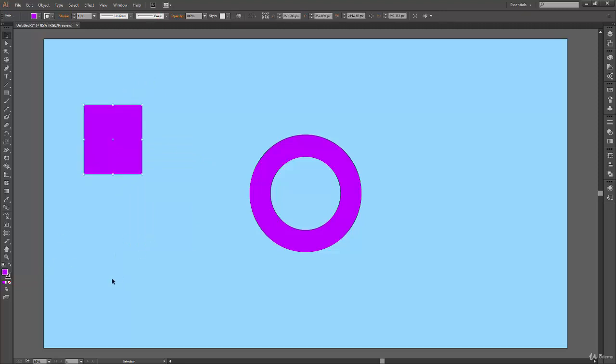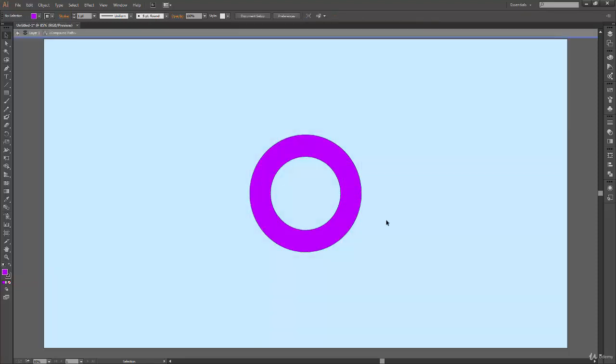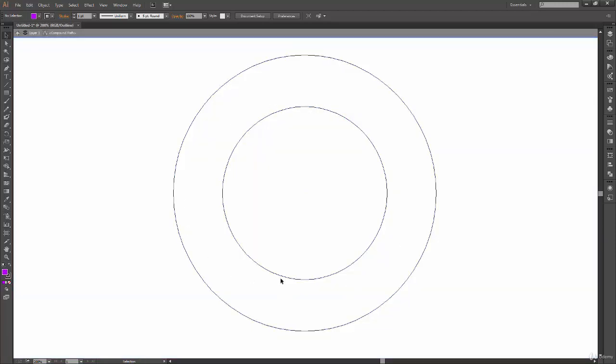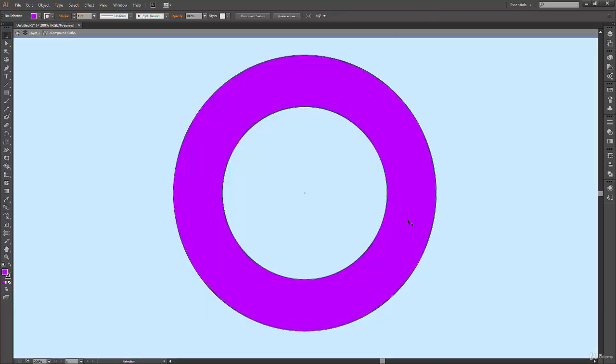Okay, so let's delete this rectangle for now. And here, let's go into isolation mode. Once in isolation mode, I can click on any of the shapes, the outer circle or the inner circle. Now, if I click anywhere on the inner circle, I'm not able to select it. If you want to select the inner circle, you have to click on the path itself. So I'm pressing Ctrl Y to go into outline mode. When you are in outline mode, you can see that we have two paths over here, the inner circle and the outer circle. When you click on the inner circle path, you will be able to select the inner circle. But for the outer circle, you can click anywhere on this fill, and your outer circle will be selected.